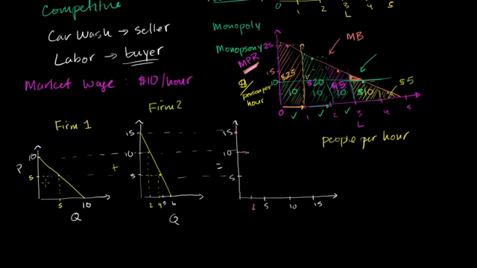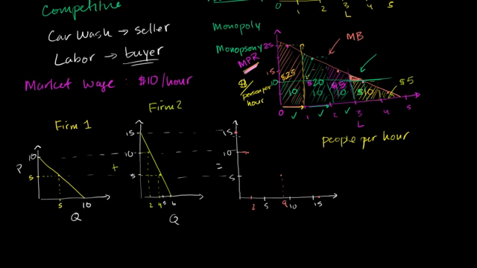And then if we go to a price of 5, firm 1 is going to demand 5. Firm 2 is going to demand 4 units of labor. So at a price of 5, you're going to have 5 plus 4, or 9 units of labor. And then at a price of 0, if labor is free, this firm would demand 10 units. This firm would demand 6 units. You add them together, you get 16 units. So the combined